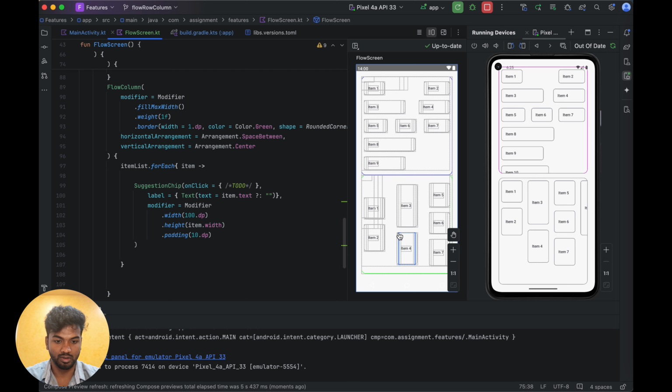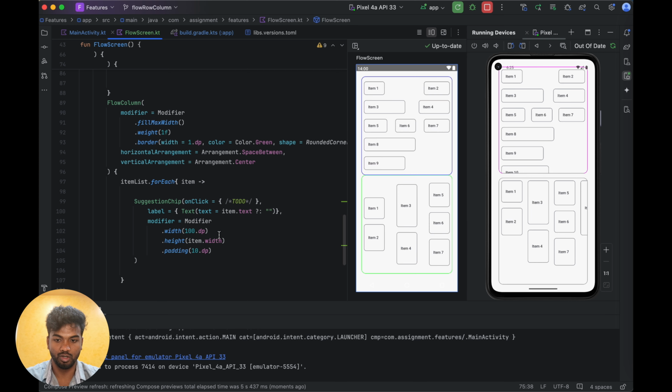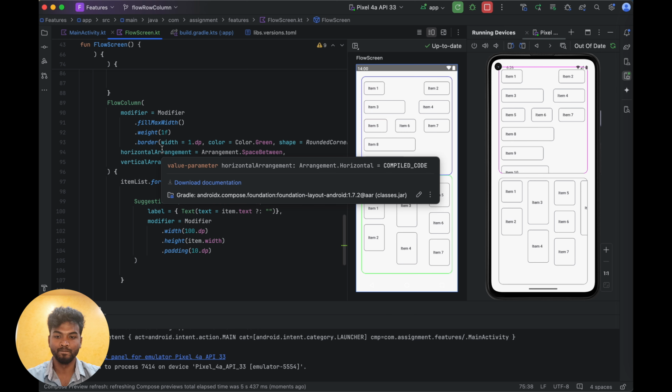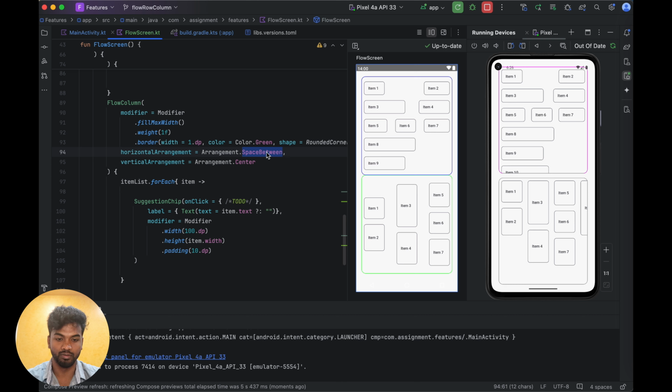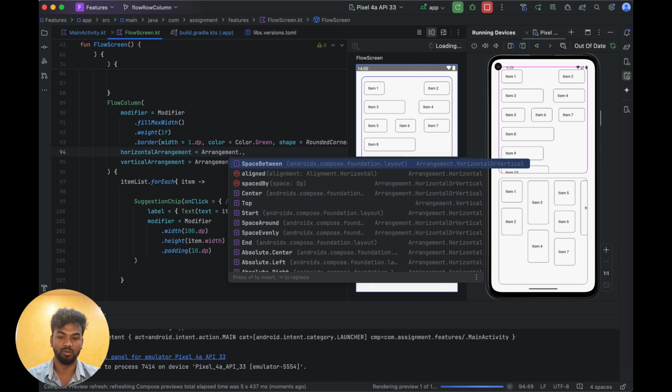Yeah, column is here, so you can see the column preview also. The vertical arrangement is center, so that's why it's center. So this one is space between, so space between means one will be in the top and bottom like that. Okay, horizontal one. So actually the horizontal one won't have the space between, because for row horizontal it will have